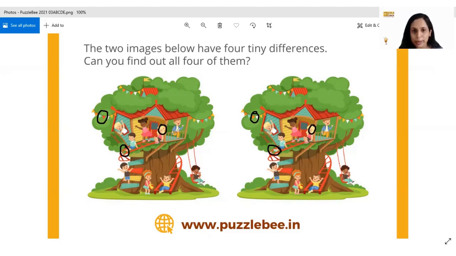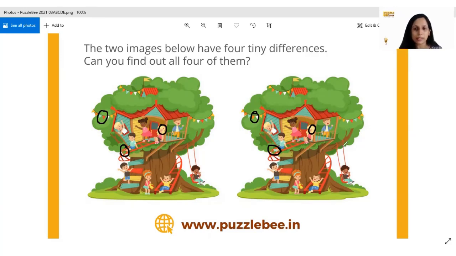Then let's take a look at this boy. Blue shirt or jacket, whatever it is, white shirt, yellow pants. Then he has blue shoes as well. Looks the same here. So probably nothing different in this boy. Then let's take a look at these flags again. Orange, yellow, white, red, blue, orange, yellow. Orange, yellow, white, blue, red, white, red, blue, yellow, orange, yellow. So nothing different there as well.